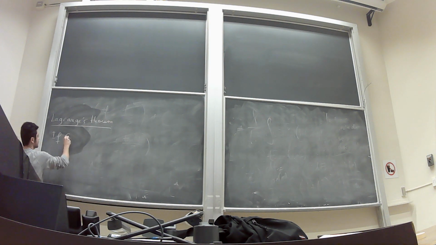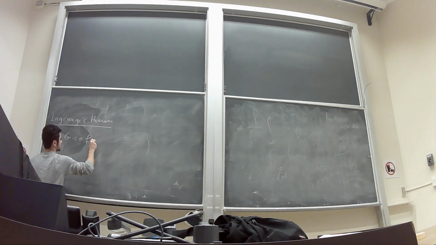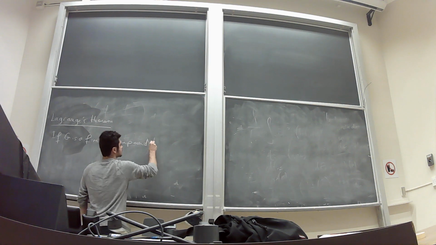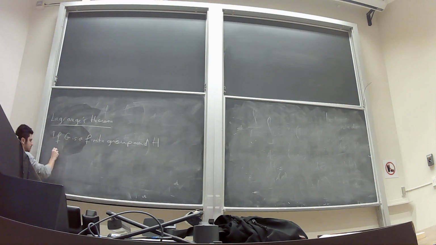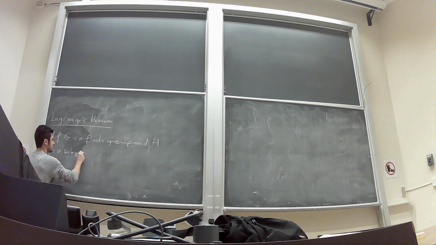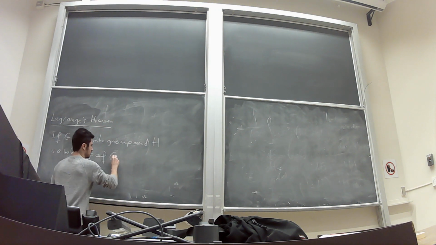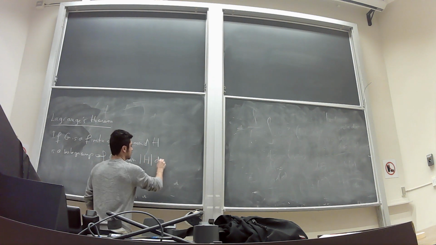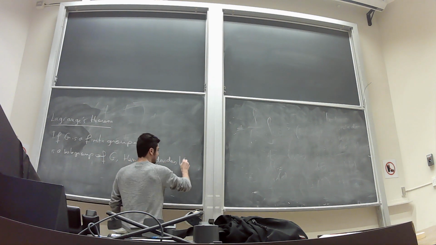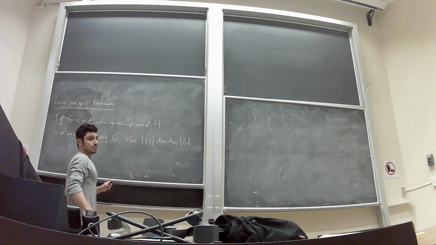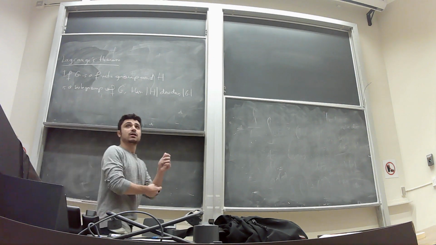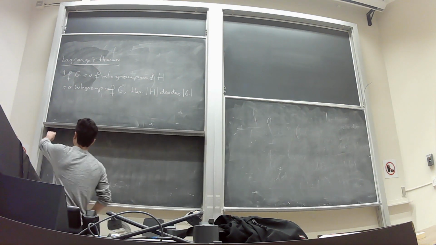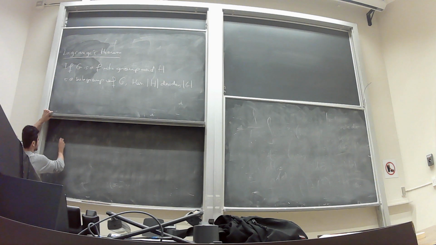If G is a finite group, and H is a subgroup of G, then the number of elements in H divides the number of elements in G. Okay? This is a statement of Lagrange's theorem. Now, when we started to prove it, last time we defined